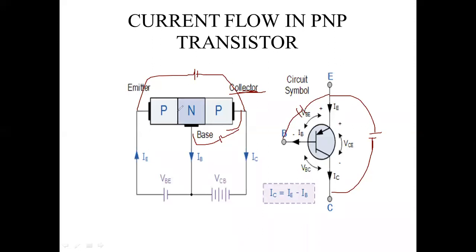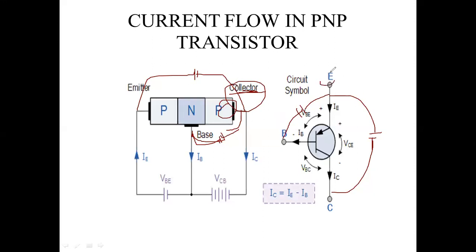समझ में आ रहा है क्या नहीं? Yes, sir. Common collector means this collector terminal should be common for both here. One supply is given to the collector and emitter, positive on this side and negative on the other, because this one has to be reverse biased compulsorily, and this positive supply has to be forward biased. And another one is base to the collector, base to the collector here, with n and p, because the base should be forward biased here. So that is the common collector.